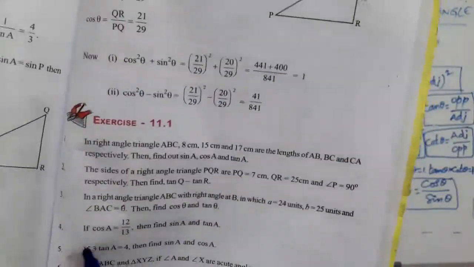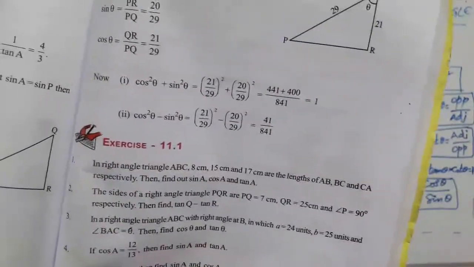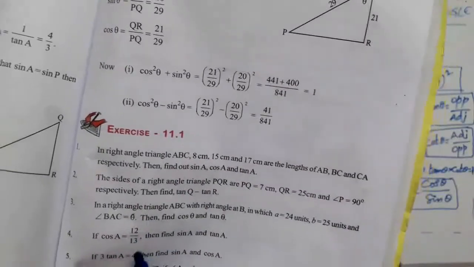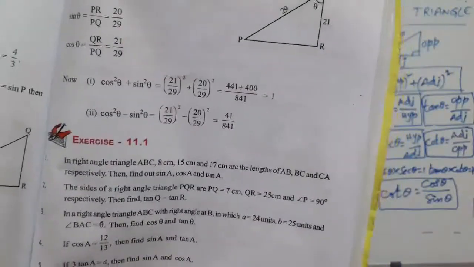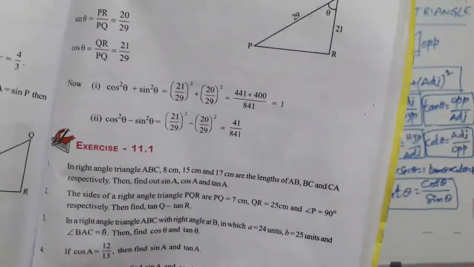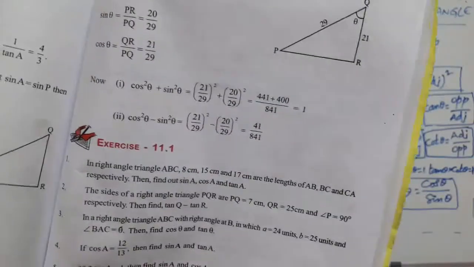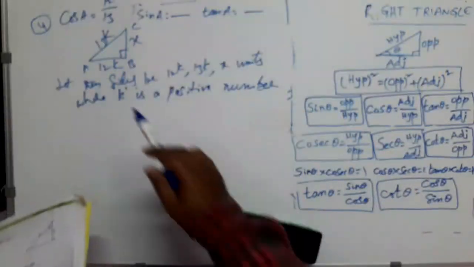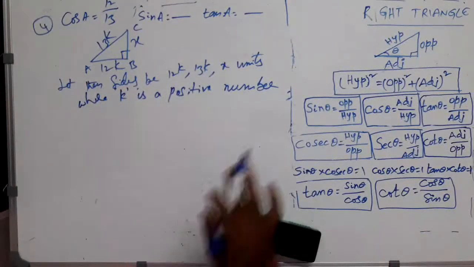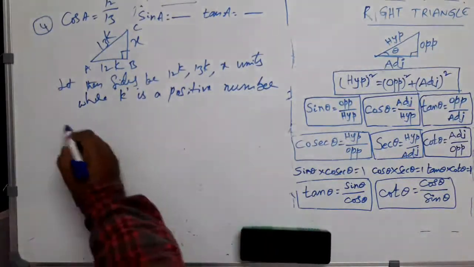If the value of one ratio is given, you cannot take the numerator and denominator to be directly the lengths of sides of the right angle triangle, right? We can say that they are in proportion, so some proportionality constant has to be considered in taking the lengths, right? Be careful.